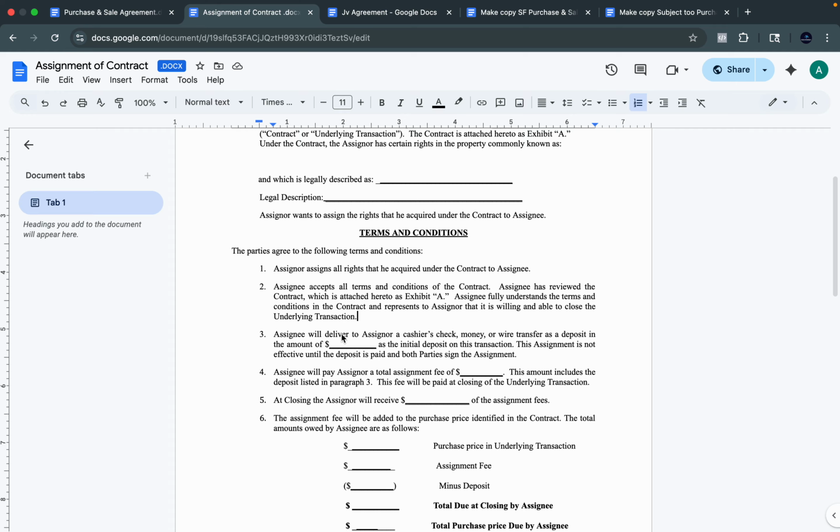So below here would just be EMD. All this says is EMD, and typically for EMD, you want to get from buyers, I want to say, a minimum of $5,000. If they're a legit buyer, they have no problem submitting $5,000 EMD. If they want to submit less than $1,000 in EMD, to be honest with you guys, I would definitely just move on, because they're not a legit buyer. They're just there to waste your time. They're probably going to sign it over to another buyer. So if they can submit $5,000 in EMD, obviously the more the better, but typically $5,000 is the sweet spot